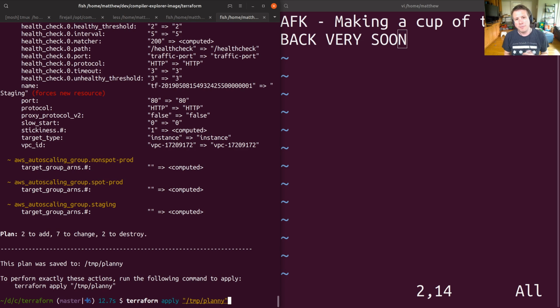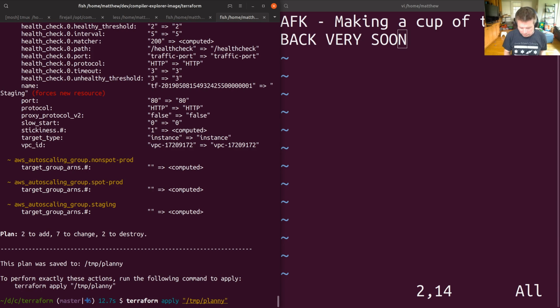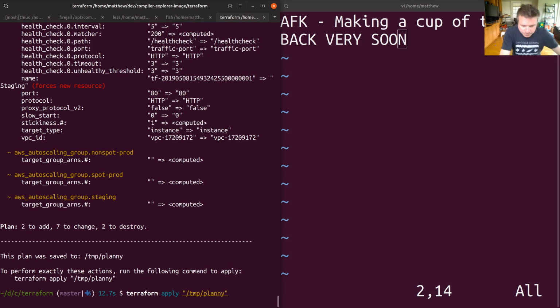So if you're interested, you can sit on Compiler Explorer and refresh the main page, because this, if it does go wrong, will actually break the site. Although not in a way, I really don't think it's going to. It looks good to me. But okay, back in 2 seconds.